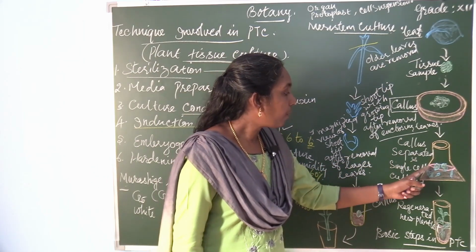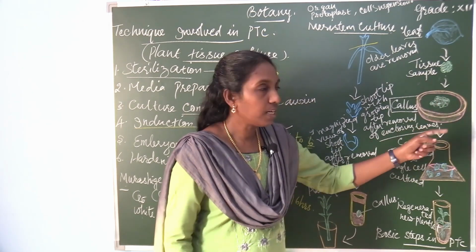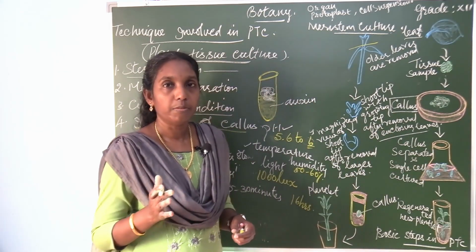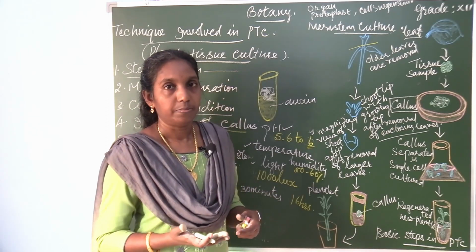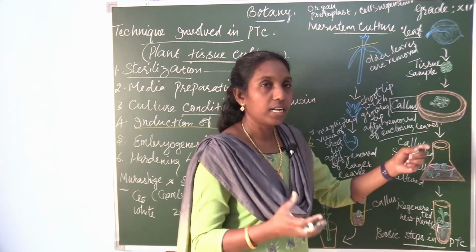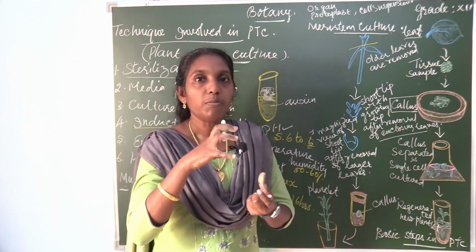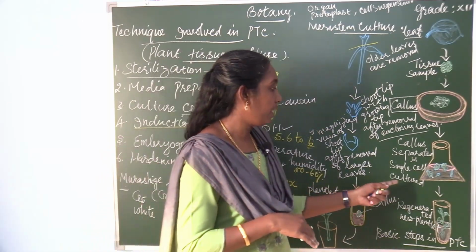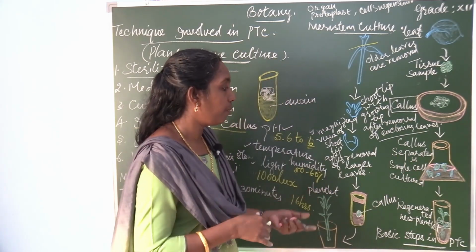This callus is separated into single cells and cultured. So here callus is separated. From here a number of masses of cells are there. These cells are separated and cultured in different nutrient medium. They are allowed to divide further, and differentiation takes place. Here callus is the mass of unorganized and undifferentiated cells. So just a mass of tissue is developed. It can be separated and cultured in nutrient medium. A single cell culture. Each cell can be cultured to multiply the number of plantlets.